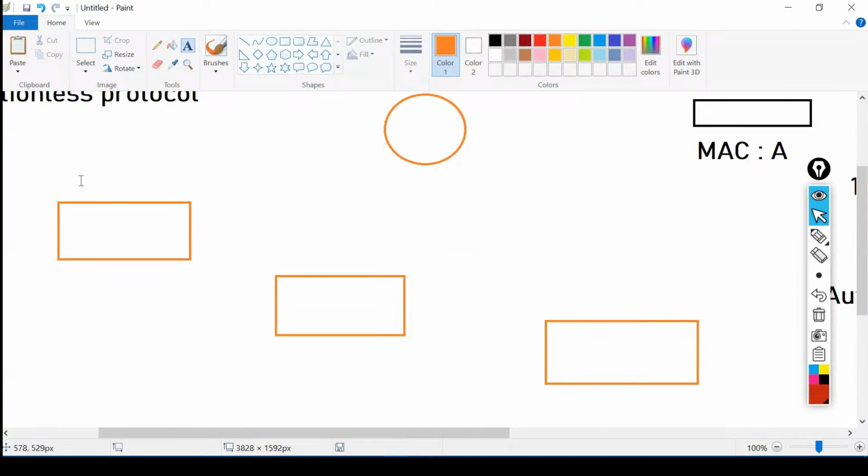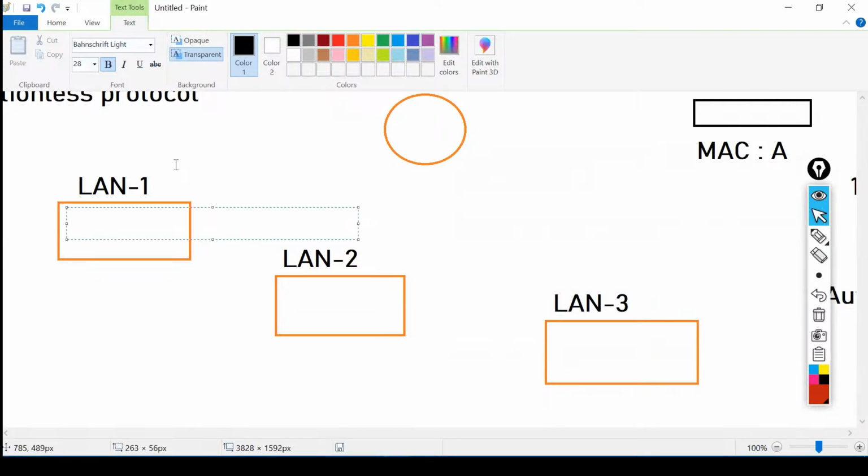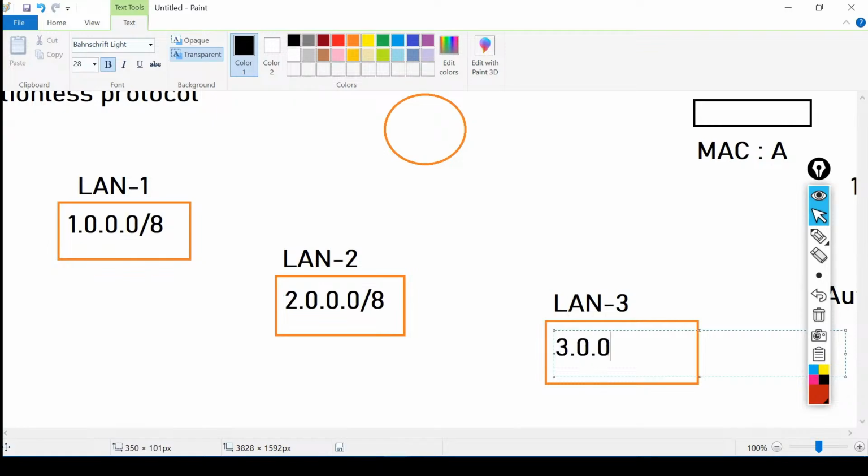To identify these pools, we need to put an identification. We can say the pool name is CCNA, or we can say LAN one, this is LAN two, and this is LAN three. And each LAN has some information. For example, I allocate this one 1.0.0.0/8, this will be 2.0.0.0/8, and this will be 3.0.0.0/8.